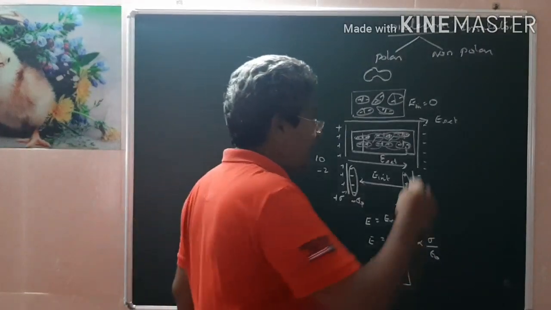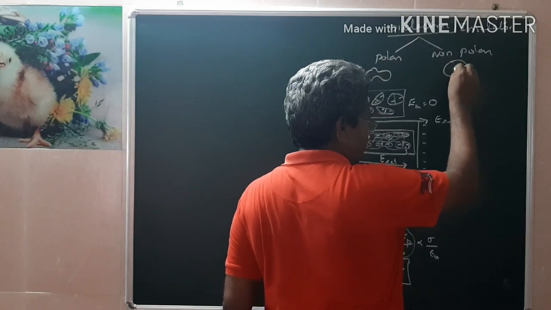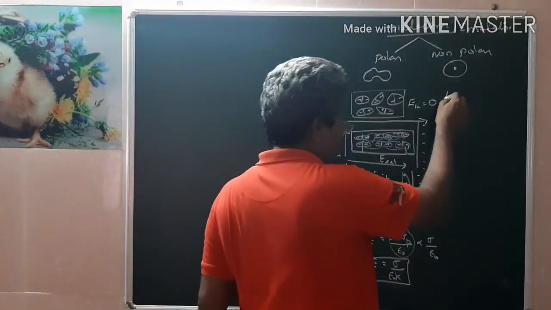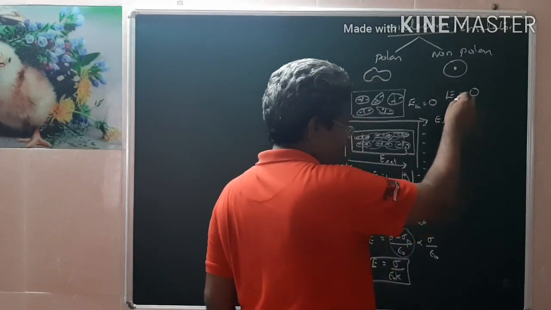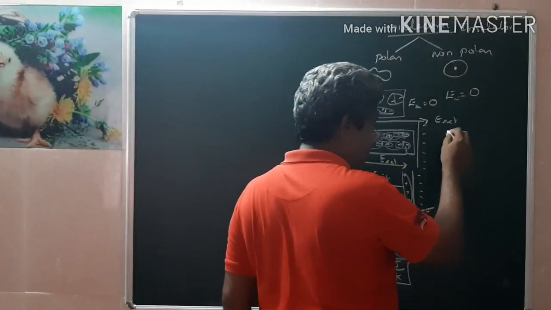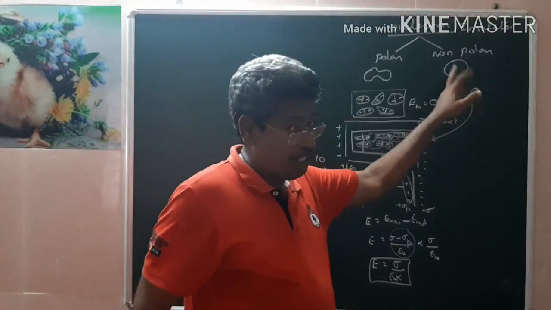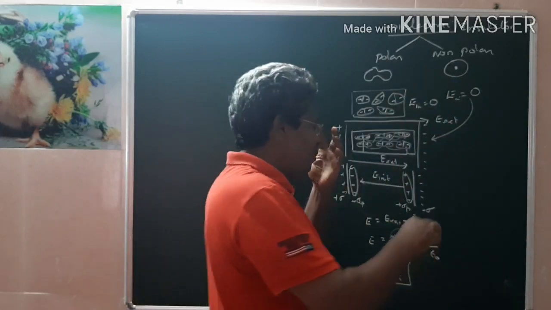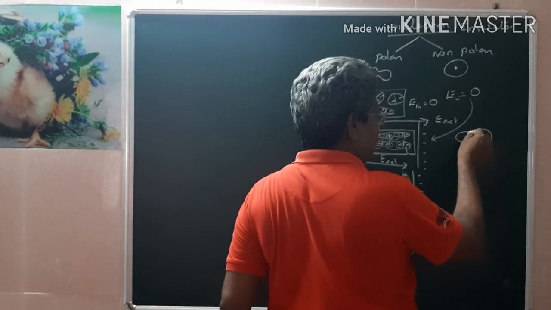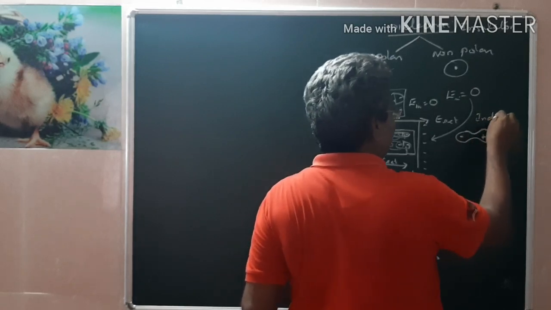Suppose the dielectric is non-polar. Originally, the positive and negative charges coincide at the same center. Therefore, with no electric field, there is no dipole and the dipole moment is essentially 0. But when it is subject to an electric field, the positive and negative charges get displaced. Now a dipole will be formed, but these are called induced dipoles.